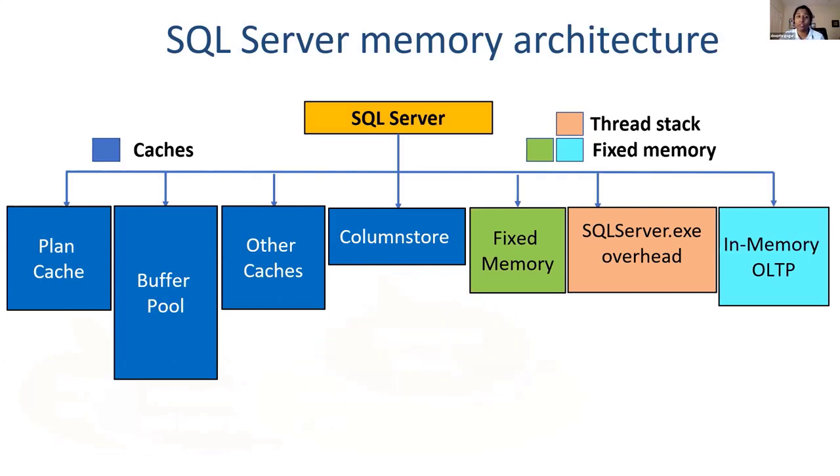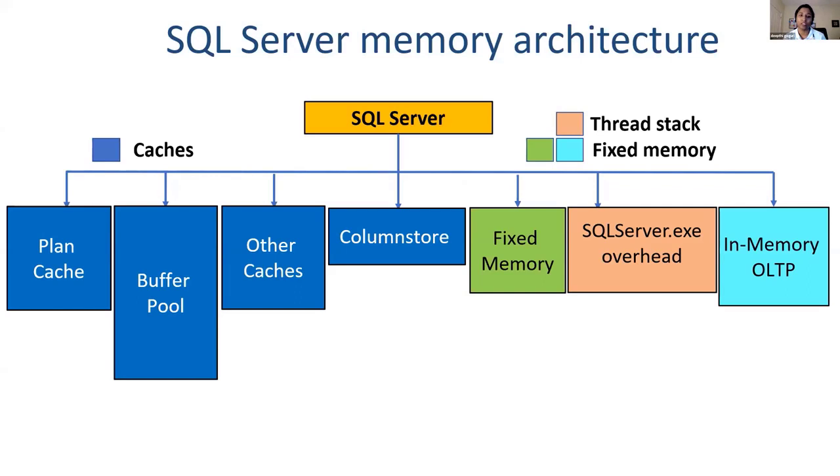And all these components, which you see in blue, are caches. These are special because they are easily expanded and also easily shrunk when there is memory pressure. They are easily shrunk because they have a backing system. What I mean by that is the query text of the stored procedures which the plan cache holds is stored inside the system tables. The data pages which the buffer pool stores are all stored inside the database files on the disk.